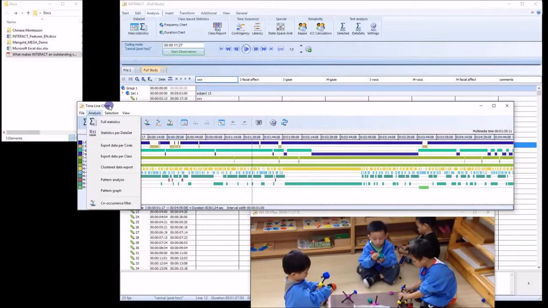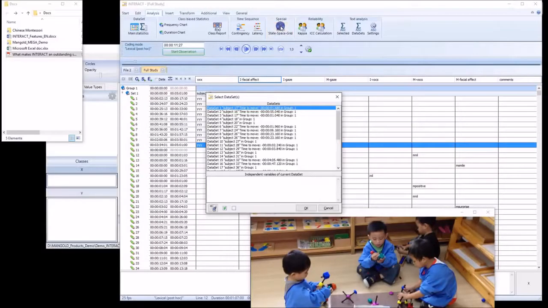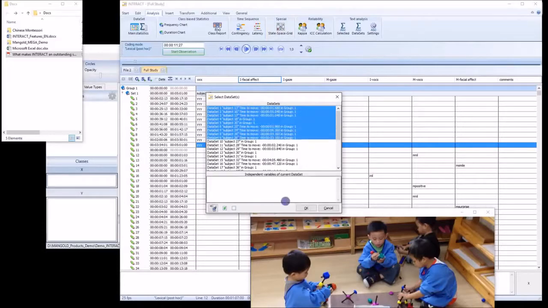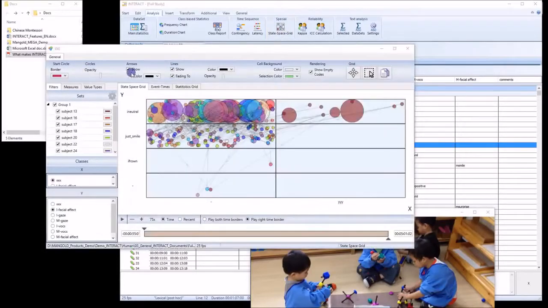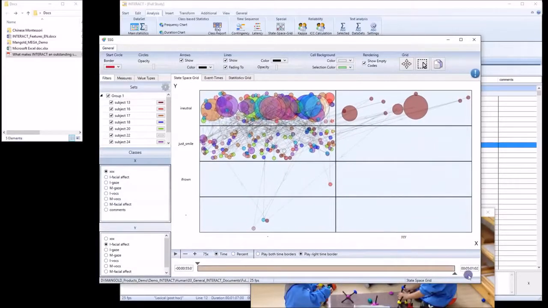Now, the data that you have already collected here can also be visualized with other functionalities of Interact. Let me just show you this one here. This is, for example, called the state space grid. And the state space grid is a very nice method of visualizing your data and viewing them from a different point of view, because